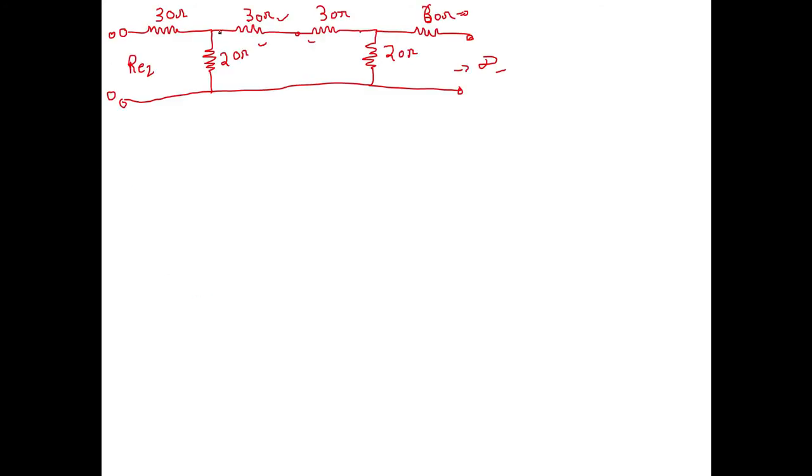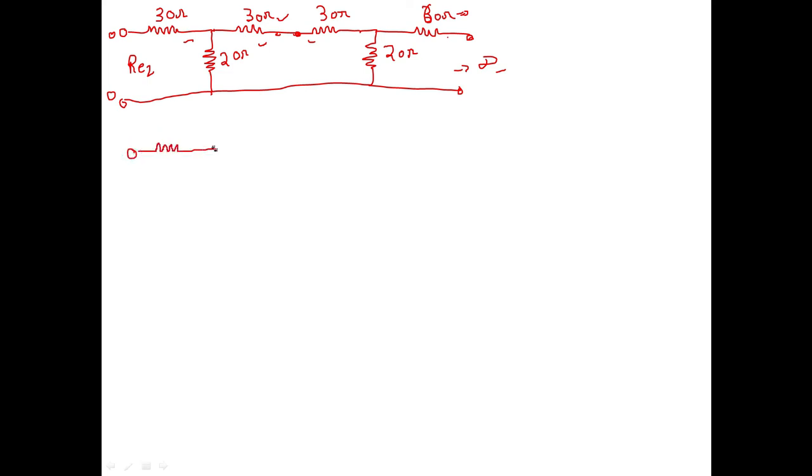As you see, from this particular point, this is in the form of a T network, and at this next point, this is another T network, and if you go further, it will again form the same pattern, that is, a T network. So what we'll do is simplify it. How will we simplify it?